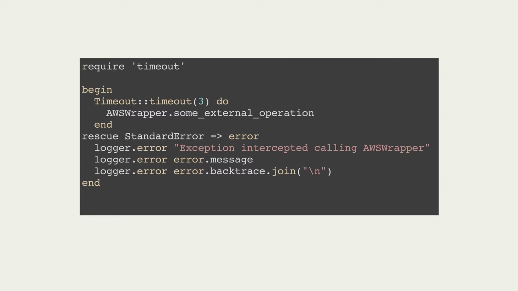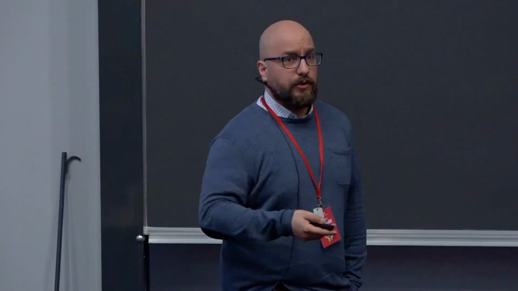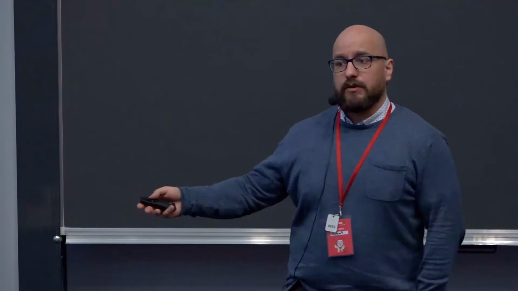Especially if you're contacting external services, you can use a combination of timeouts to make sure that the external operation doesn't take a lot of time. You do want to interrupt it if it does, and exception tracking. So the timeout is another thing in core Ruby that you can use to basically interrupt long operations that take surprisingly long time. And why would you want to do that? To prevent cascading system failures where the system becomes inoperative because it's stuck on those external long time consuming calls. It's especially important if you have a traditional Ruby deployment where